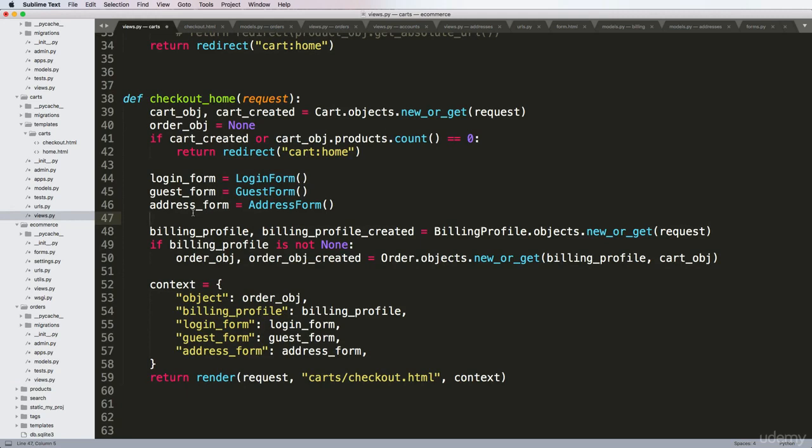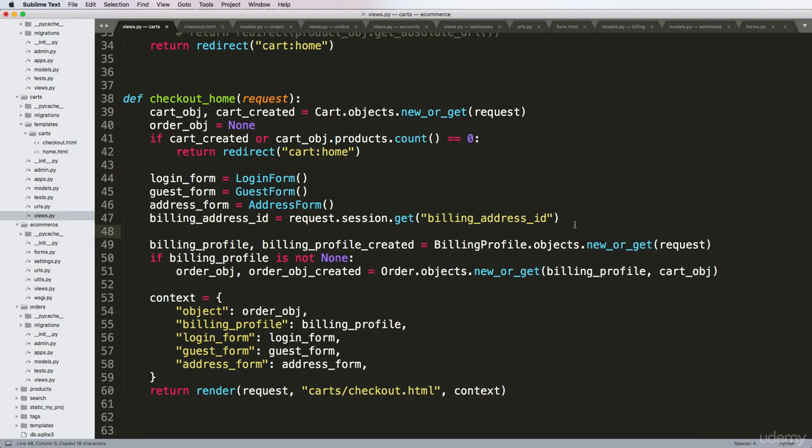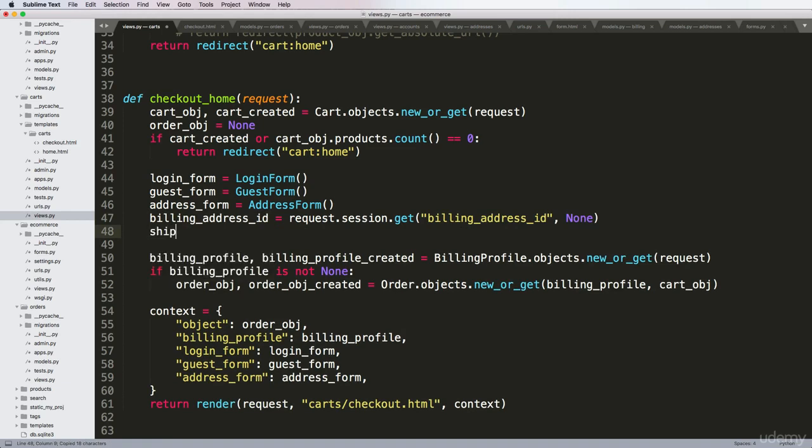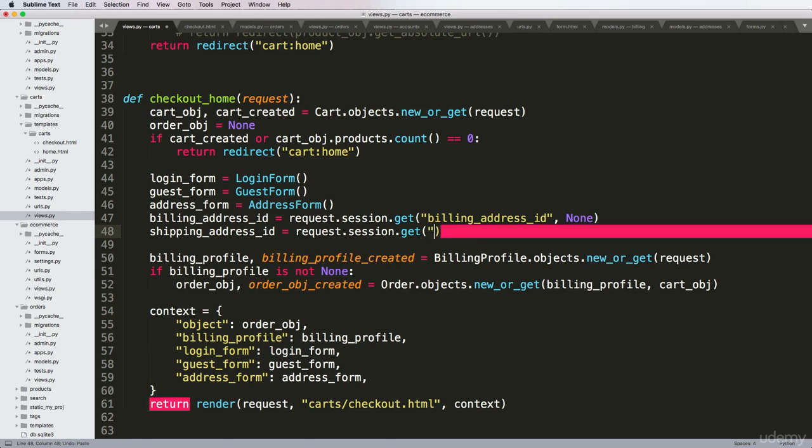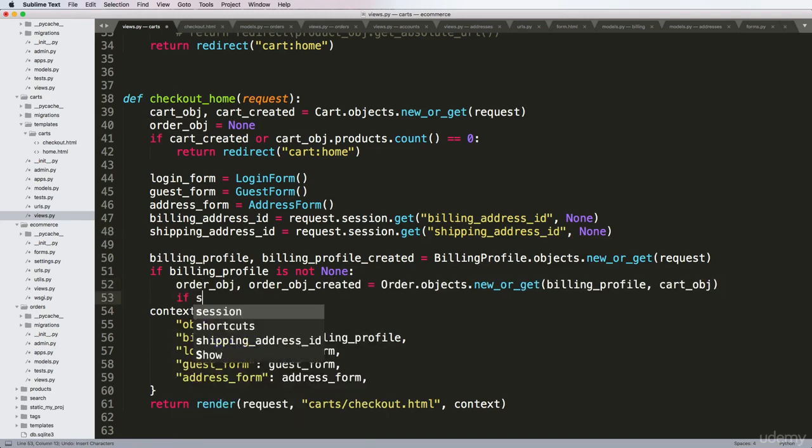I'm going to say the request session. So we want to get the billing address. So billing_address_id equals request.session.get billing_address_id or None. Shipping address is going to be the same thing: request.session.get shipping_address_id, None. So down here, we're going to do the association, and we'll just say if shipping_address_id,